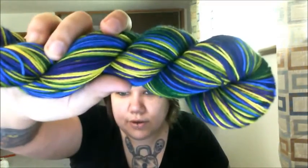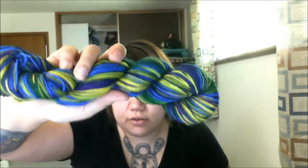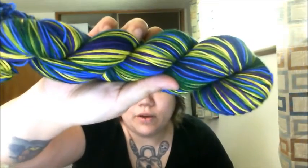This one is also a 6-stripe. It is called On the Bus. It was themed after a poster from the Festival Express. So you have yellow, light green, dark green, light blue, dark blue, and purple in that order. It's pretty rad. These are new to the shop, but they're not actually new to me because I dyed them